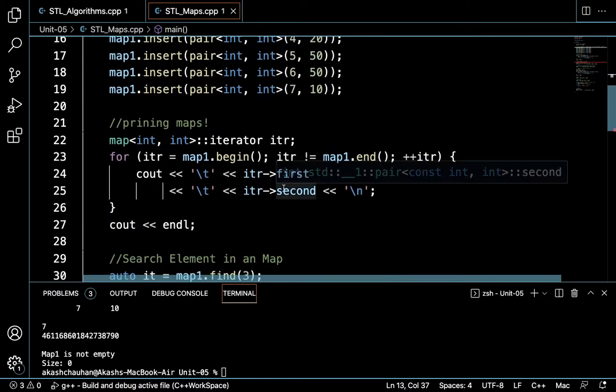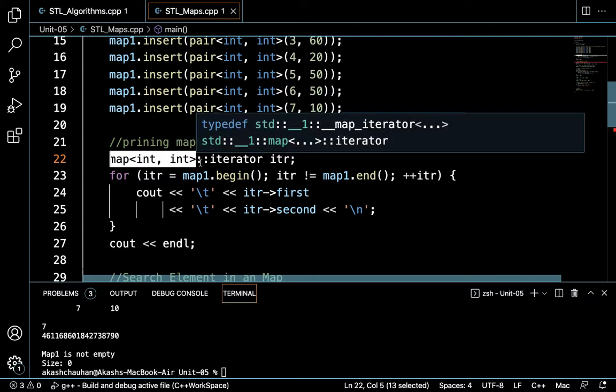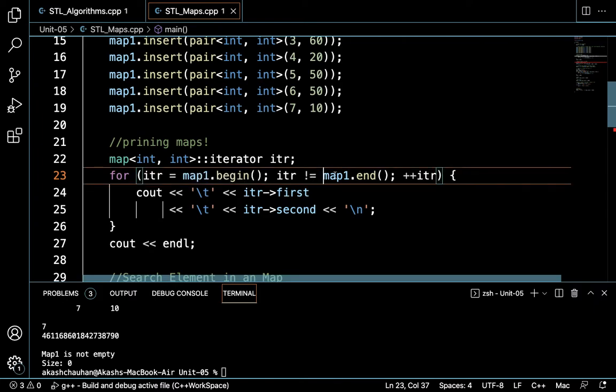How to print a map? Very simple. Earlier we used the iterator for list, where we used list int. Now in case of map you have to use the same data types for the keys and values. The iterator would hold the address of the beginning of the map and the end of the map.